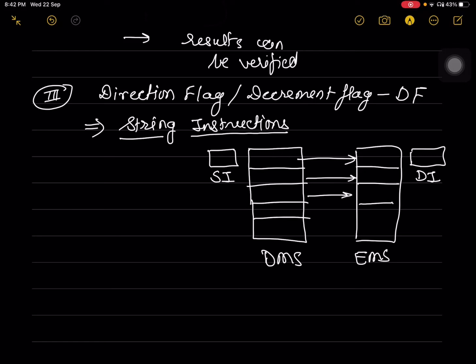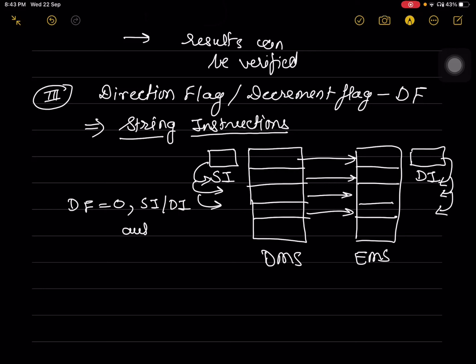After each byte transfer from the data memory segment to the extra memory segment, the addresses in SI and DI need to be incremented each time. Incrementing the addresses of SI and DI from lower order to higher order will be an automatic process if the value of the direction flag is equal to 0.